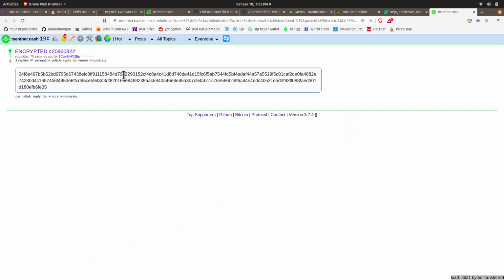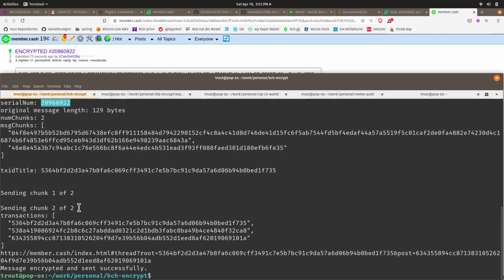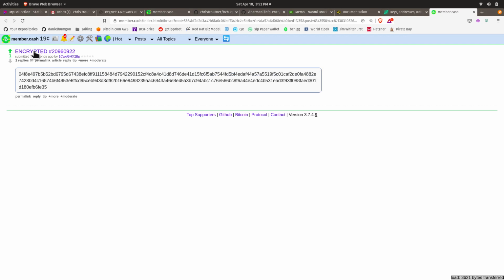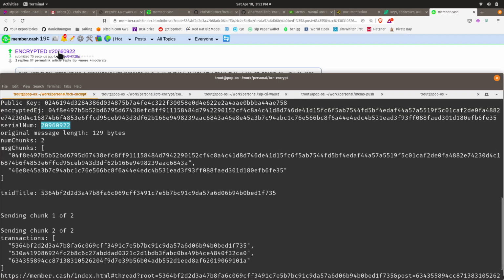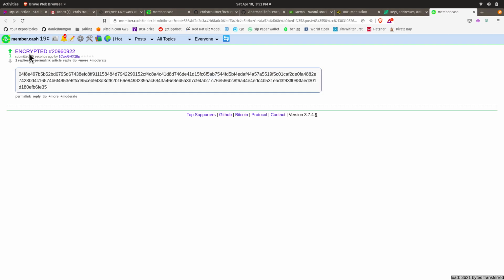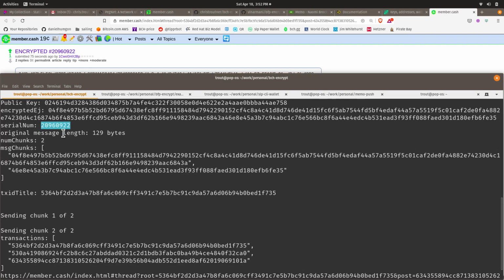The way this works is I think there are three transactions. There's a title transaction which generated this title, and right now I'm using an automated, canned title with the capitalized word Encrypted, then a pound sign, and a random 8-digit number.